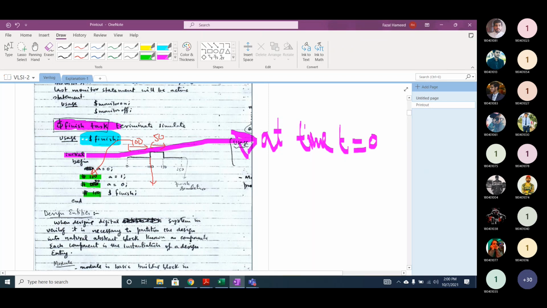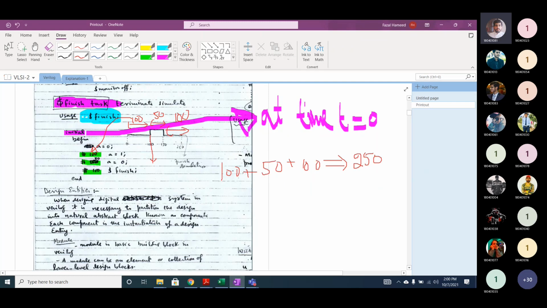And after 100 time units, we are finishing the simulation. So when the simulation is finished, it is 100 plus 50 plus 100, so at time 250 the simulation ends. Any question up till now?